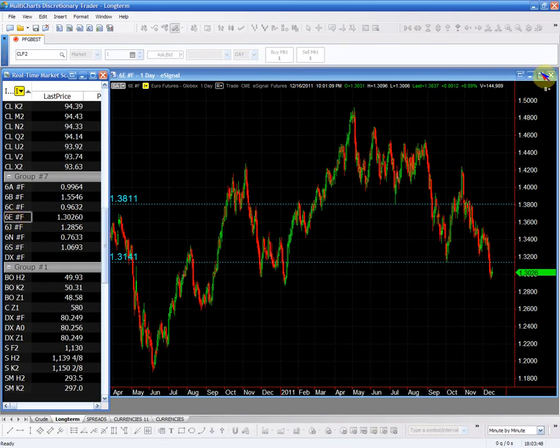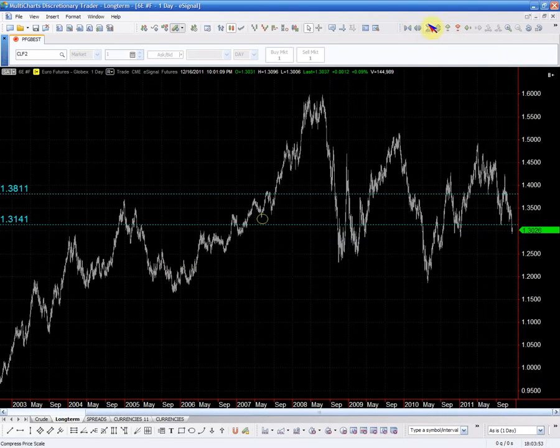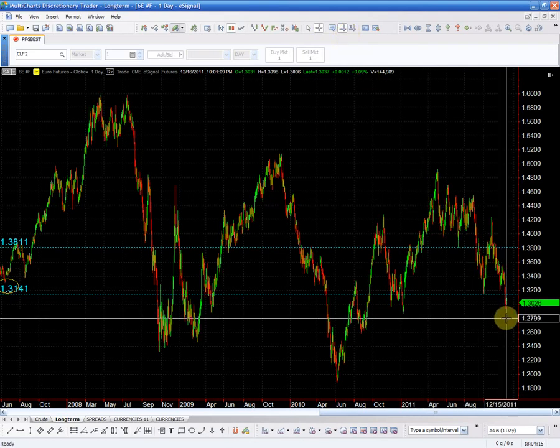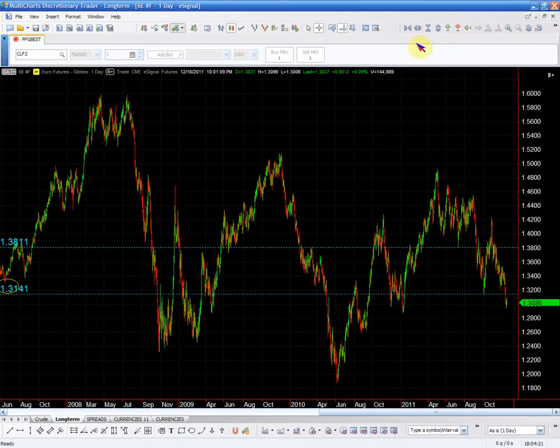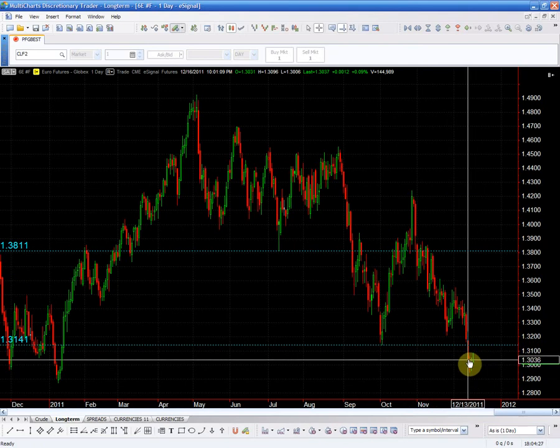The other one, which is the currency du jour, is the euro. And if you look at the euro here, this is pretty much a very negative picture for the euro. We broke below the structure, we traded in, putting a low of 130 based on the index of 129.45,